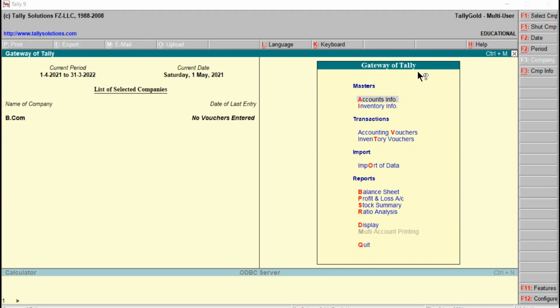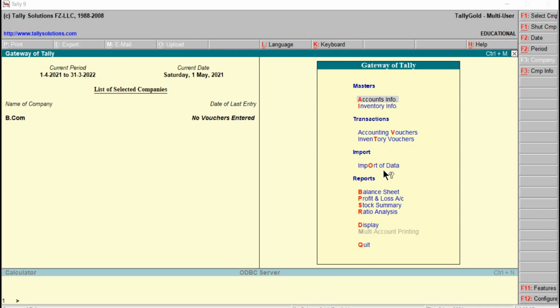Now coming to the gateway of Tally, here we can see masters, transactions, import of data, and reports. Coming to the masters, we can go for creating the heads for accounts and inventory. Then the transactions, where we can record the transactions pertaining to accounting vouchers and inventory vouchers.